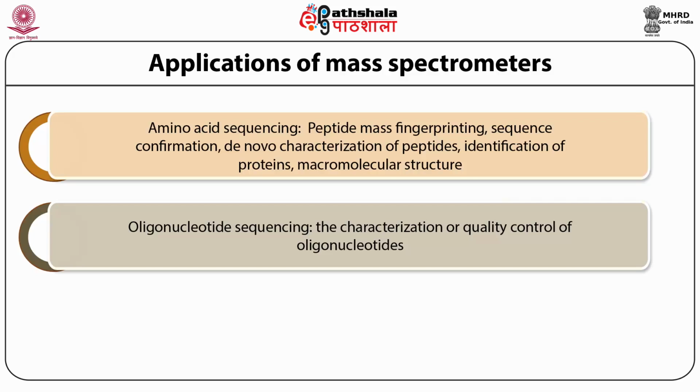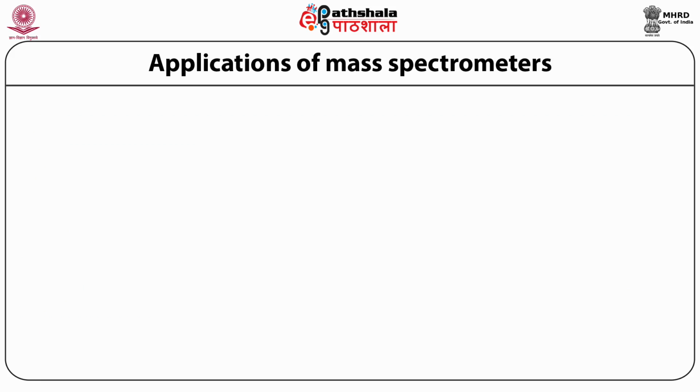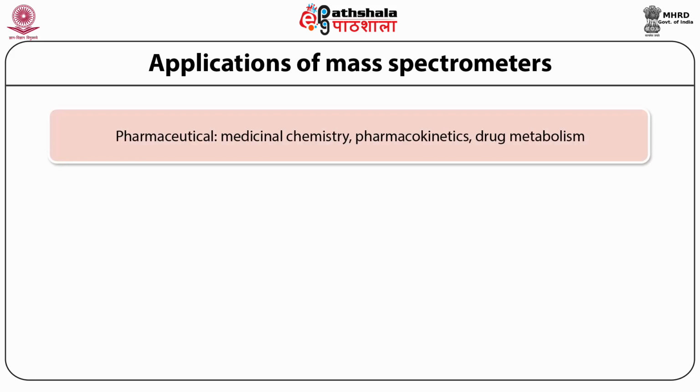The next application of mass spectrometry is related to enzyme technology, that is, enzyme identification and their subunit modification or protein digestion can be seen or analyzed with the help of mass spectrometry, and this is related to reaction monitoring of enzyme technology. Mass spectrometer can also be utilized for medicinal chemistry, pharmacokinetics, and drug metabolic processes,